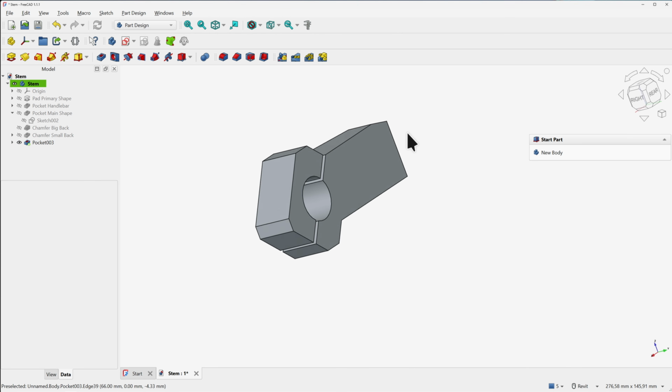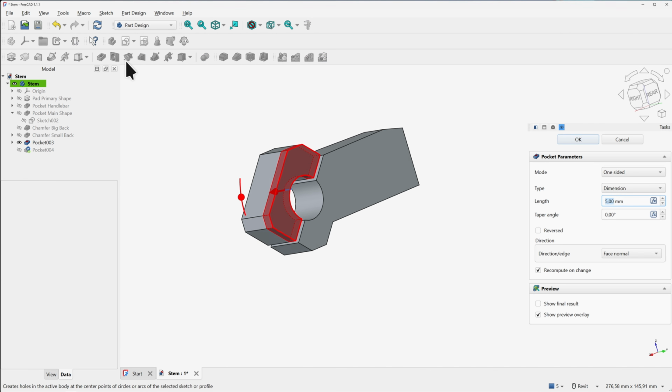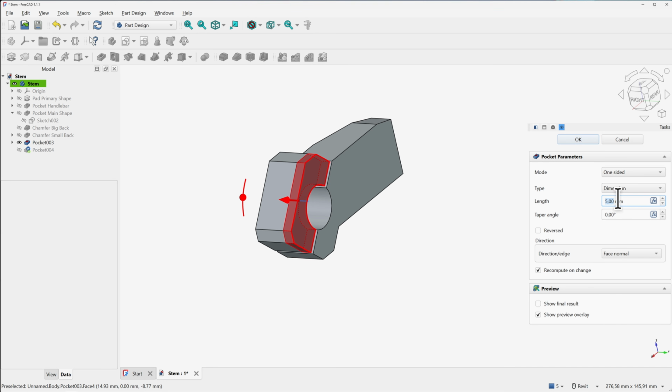To do this, rotate the part, select the face you want to reduce, and click on the Pocket tool. I mentioned the push face, but it's actually more of a material removal than a surface move. FreeCAD essentially treats the selected face as the profile for the pocket. Regardless of the terminology, all you need to do here is set the length to 6 mm and click OK